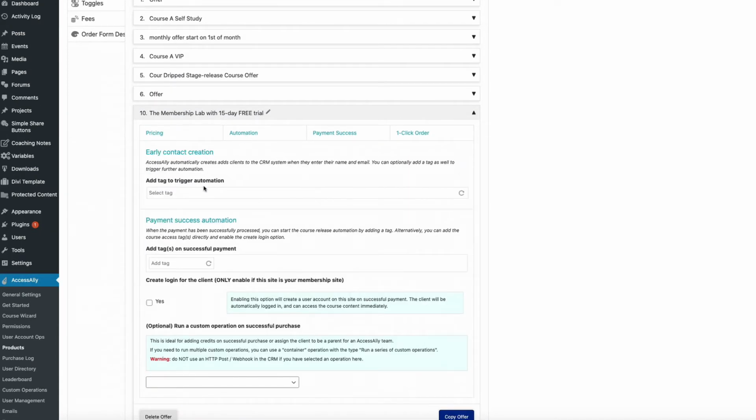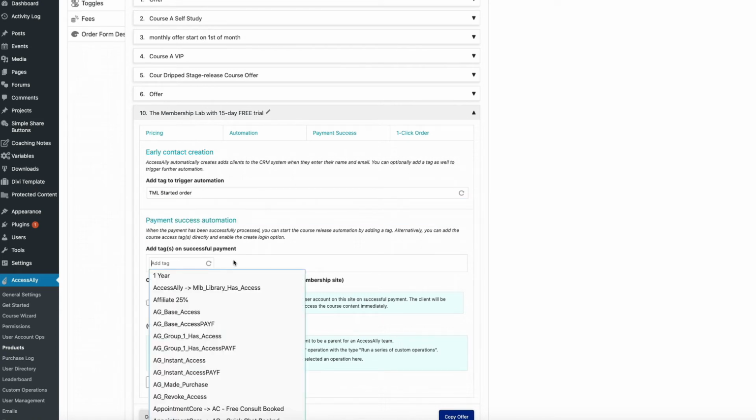In the automation, this is where you want to set up what is going to happen on successful payment. So if you already have a membership that is the recurring and it has the right tag, you can just duplicate that offer and just change the product. But here I'm starting from scratch. So I'm starting the order here.